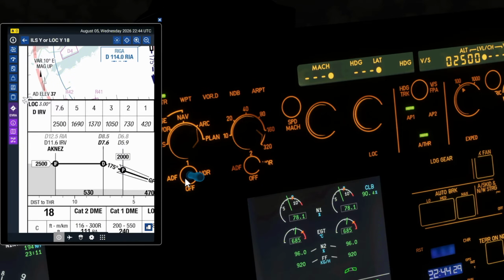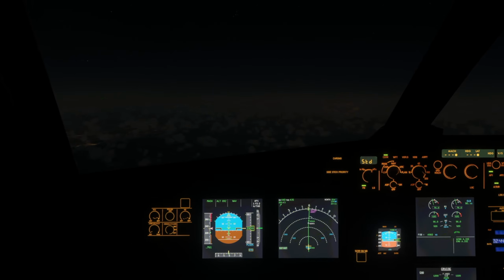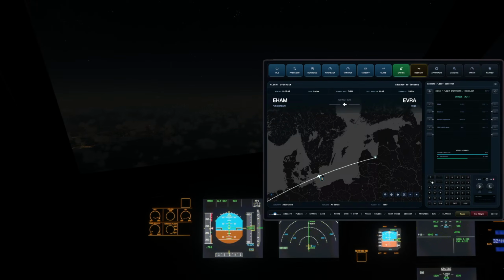And then based on that, and we'll continue looking at the chart later, now we will do a calculation. You can do that mental calculation yourself, or you can use the rule of 3 or something like that. But pilots do this all the time. So on the second page of the Simmers flight computer calculators, top of descent, we insert this initial altitude, 39,000 feet. Target altitude is 2,500. Calculate,